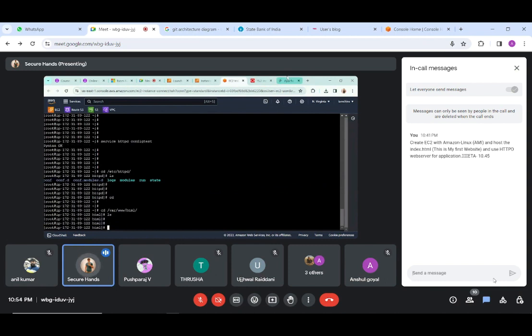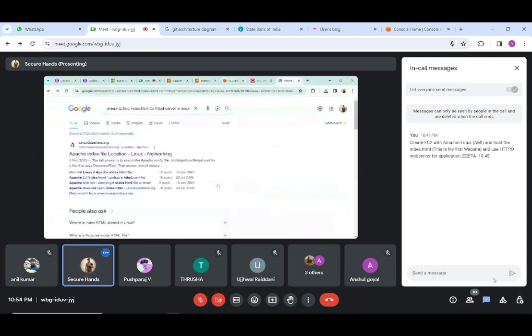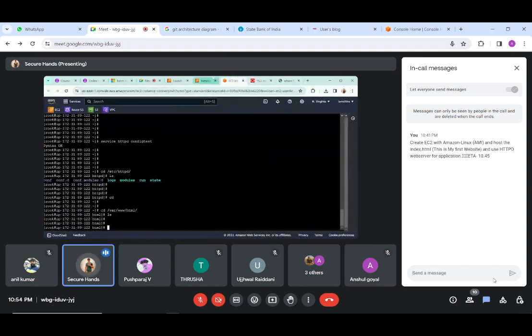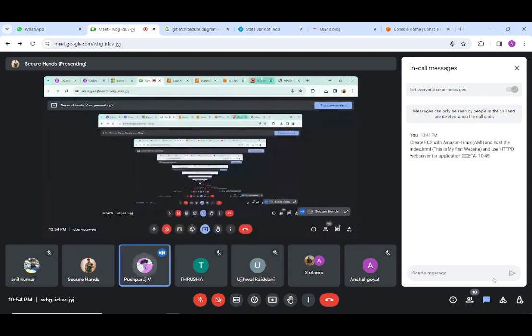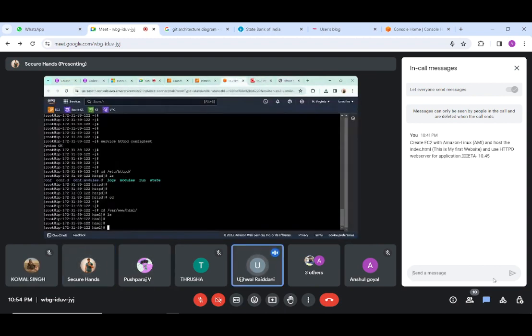Okay, here we need to place the HTML file. What is the instruction? I forget. We need to post those data into that location. No, no. I mean, we have to host the index.html file. I have to write the code for you. You have to write, like, this is my page, something, and host. Okay, I understand. The HTML tags, the HTML start tag, and